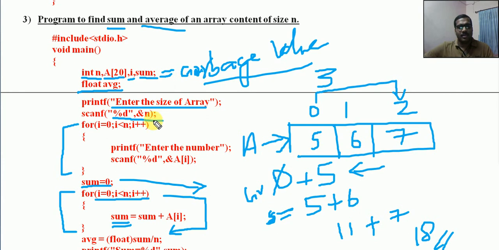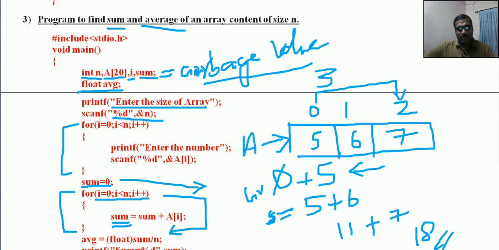Now again listen, why we are initializing this variable to 0? Because we are accumulating. First time we are adding the value into some other value. If the first time you directly assign a value, that won't be an issue, but here we need to add with some other value. Initially, if you are not assigning 0, it will be adding a garbage value with our array element and will lead to the wrong result.